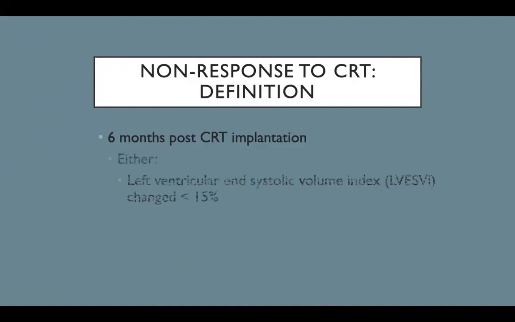There's a significant variability in the definition of response. It can vary from everything from heart failure hospitalization to death for mortality, but the standard definitions include a change in cardiac volumes, defined as the left ventricular end systolic volume index reduction of less than 15%. So by corollary, more than 15% change